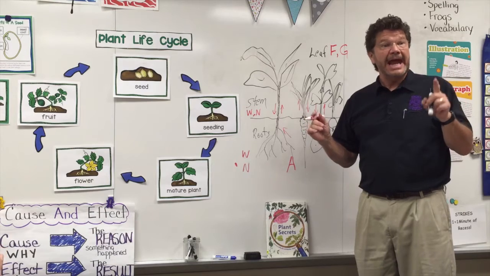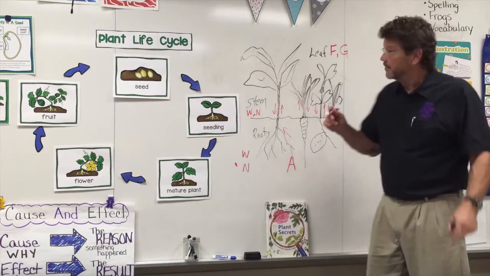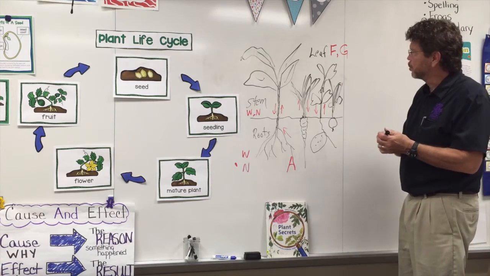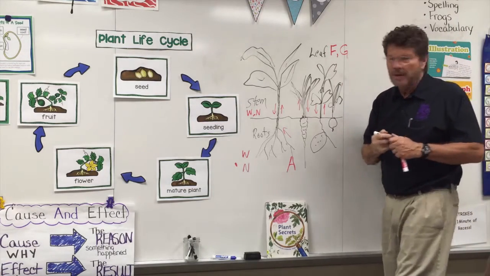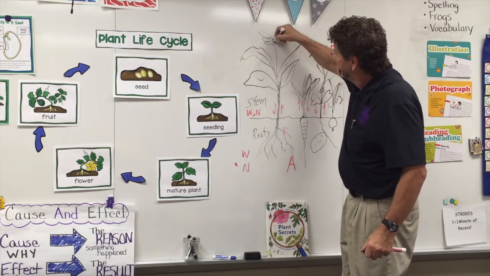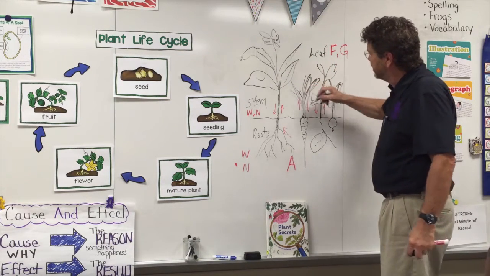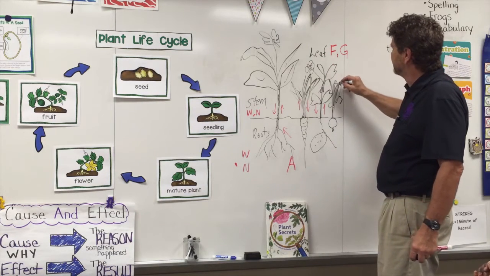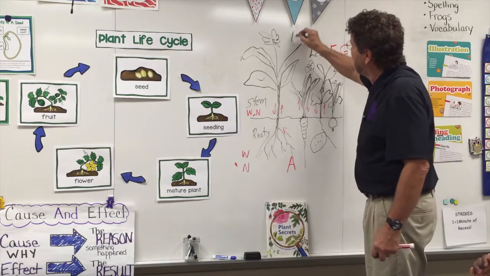Air or gases, oxygen. So leaves let the gases in for the food, and that brings us one more thing. What's the last part of a plant? Flowers, and even carrots. I don't know what to say, but I know potatoes have flowers. I know onions have little bitty flowers. So the flower,